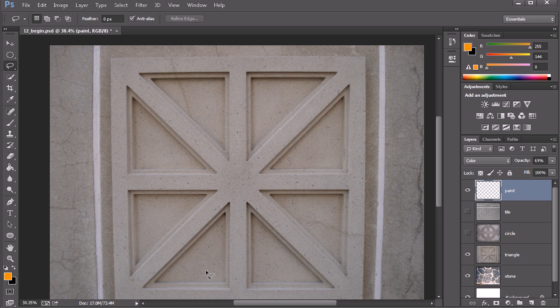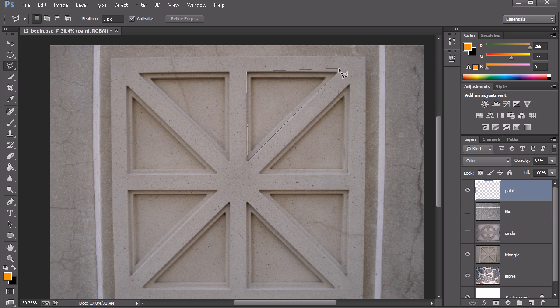So there is actually, though, another form of the lasso tool that I want to show you in this lesson. If we tap and hold or hit Shift L, we can get to this lasso. It's called the polygonal lasso tool. And with this one, I can come in and just simply tap once, and you can see this little line starts to be dragged out. I can tap again here,